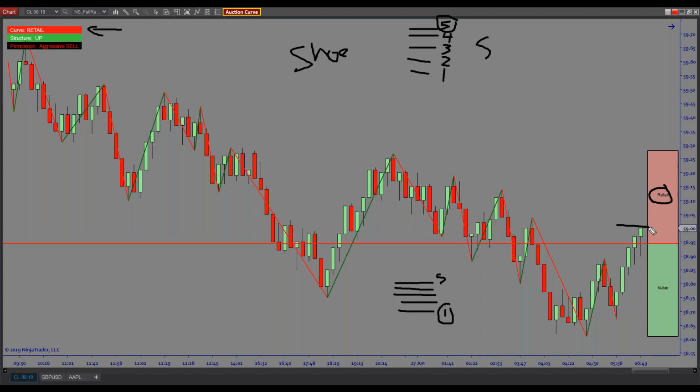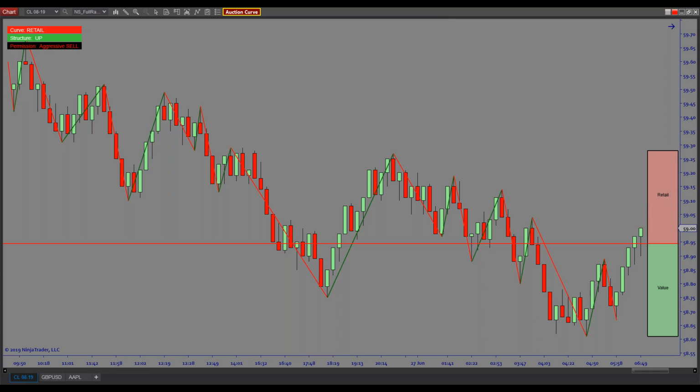You don't want to be buying up here and buying as things get expensive. If you do, we don't know the market's going to go any further. We never know how far the market's going to go. Unless you're a momentum trader and you're normally looking for small little bits out of the market, as a trader who understands location and structure, let the market show you what it's about to do.